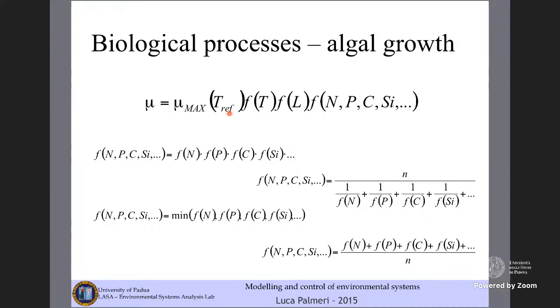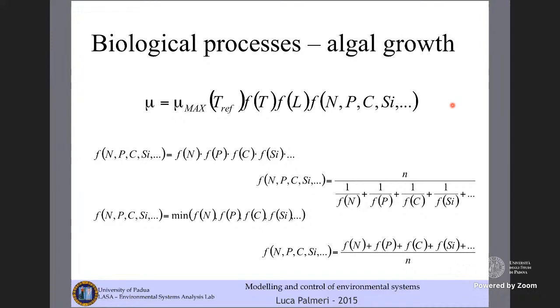So you can understand that Trf depends on the species of algae. So this is a characteristic of the algae, at which you have the maximum value of growth rate, mu max, and this quantity is reduced, as always, by multiplying it by a series of